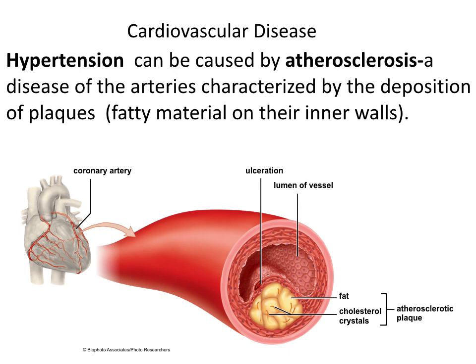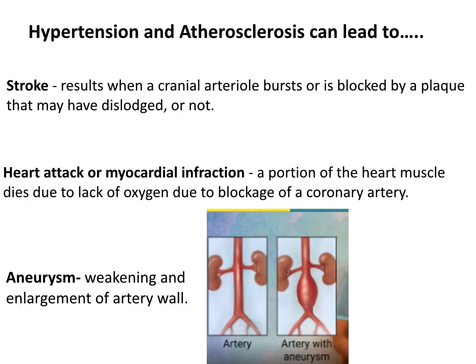Hypertension and atherosclerosis can lead to all sorts of other cardiovascular disease issues. Stroke, you've all heard of stroke. Stroke is the result of one of your cranial or blood vessels around your brain bursting. Okay, so why would it burst? Well, if it has plaque in it and the pressure gets so high that it causes the vessel to rupture, or the plaque has dislodged, moved into a new area and ruptured,